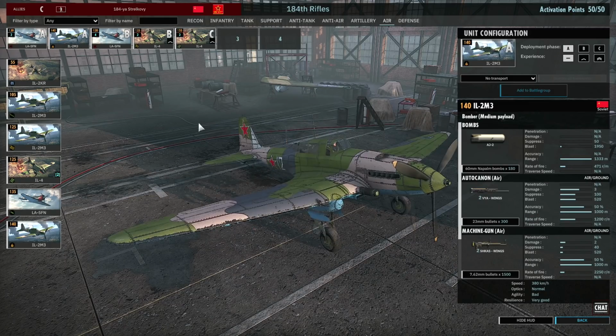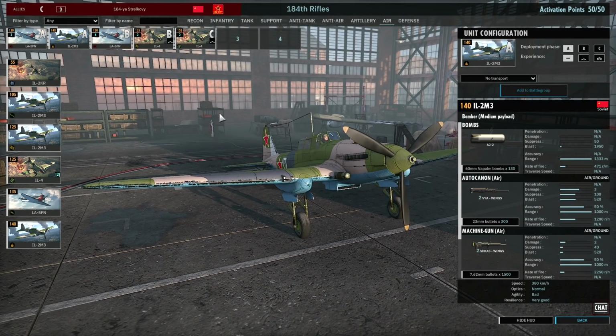My other choice in phase A is the IL-2M3. This is a napalm bomber. So it has the same potential as the Mosquito Pathfinder did in Steel Division Anomaly 44, in that you can napalm bomb your opponent's reinforcement roads to basically slow them down quite significantly. And you can do it at the start of the game, or midway through the game